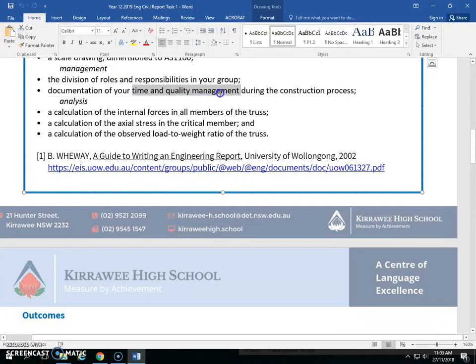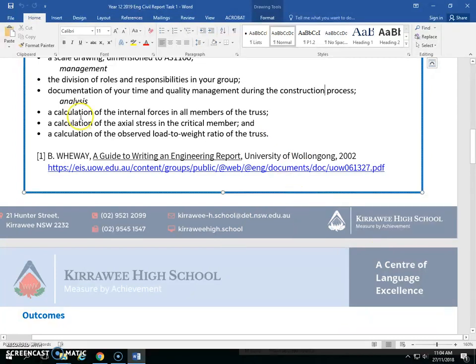Documentation of your time and quality management. So you're going to say how you ensured that your construction and testing processes, that should say testing, I might have to change that. Construction and testing process, document how you did your work, right? Look, if you only did the construction process, this is what's online, so you could get away with it. I'm worried I'm going to run out of time, but I'm going to quickly identify these 3 points, and then we'll see. I might make a second video about